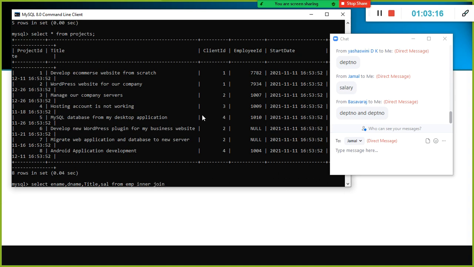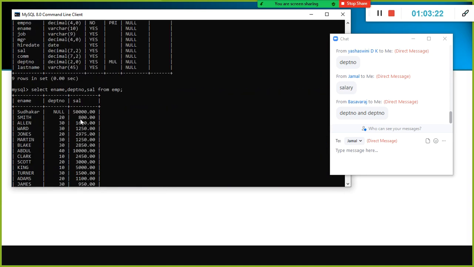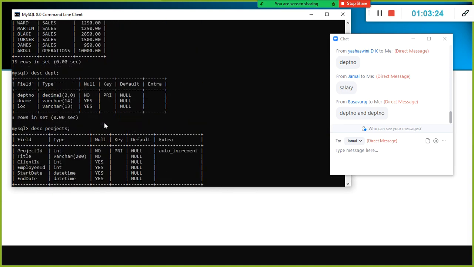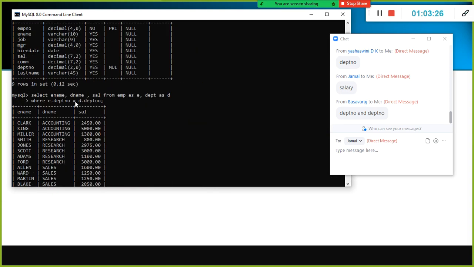We use inner join, or you can also use the equal sign. Look here, I have used the equal sign here. Instead of the equal sign, what you do is from employee inner join department number.